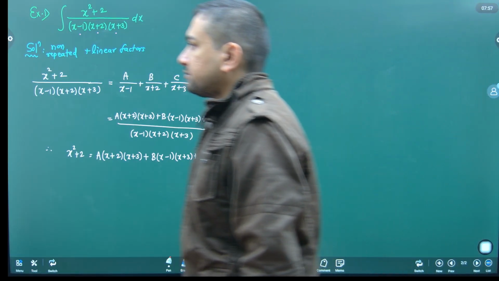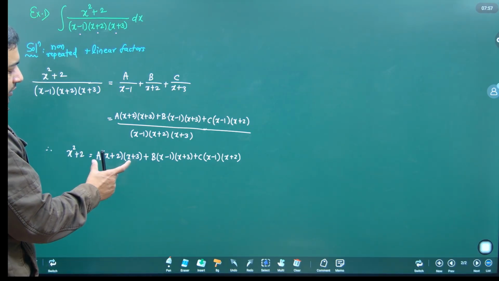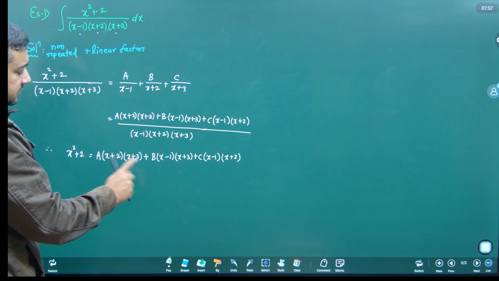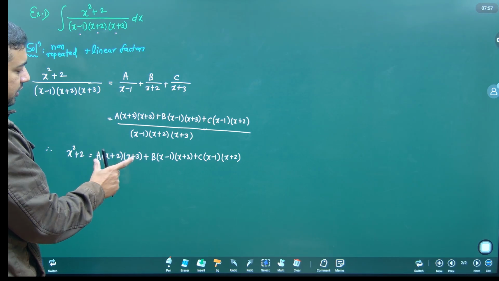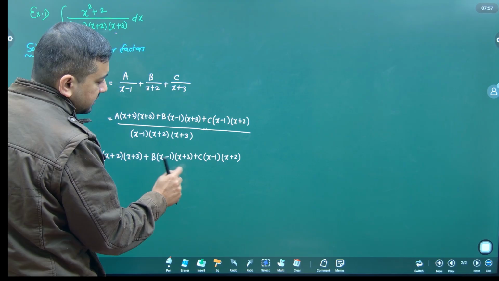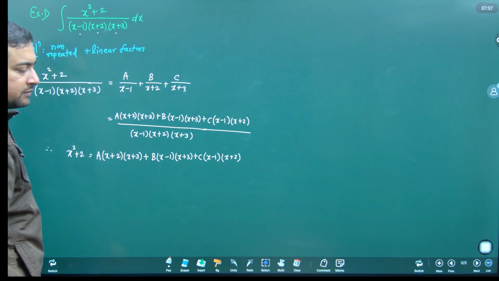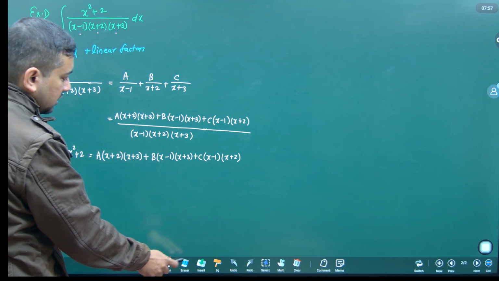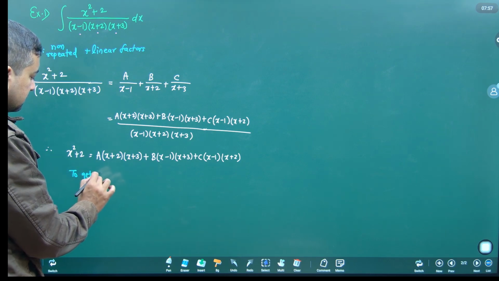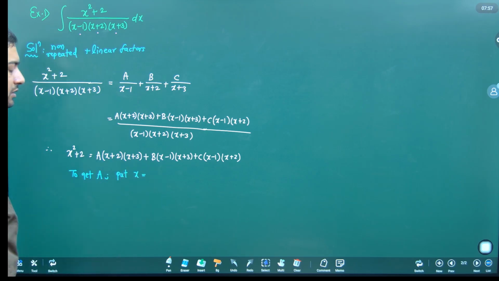How will you find A, B, C? See here, if you want to find out A, this is the A term. In this term you have A. What we will do is convert the B and C terms to 0. If the B term becomes 0 and the C term becomes 0, you will get the value of A. So I am writing here, to get A, put x is equal to